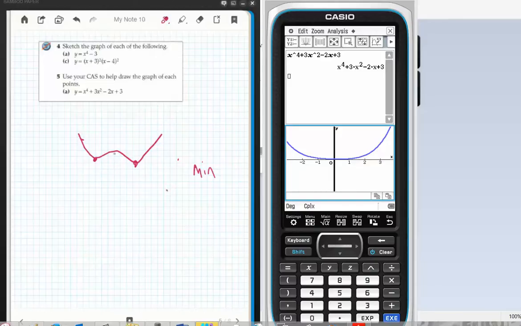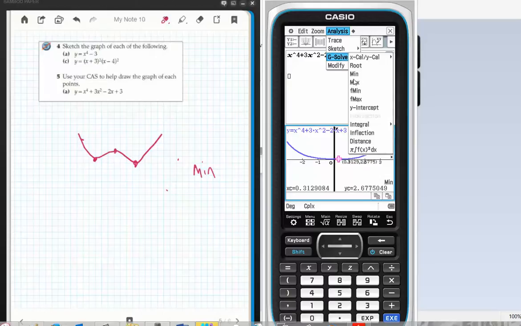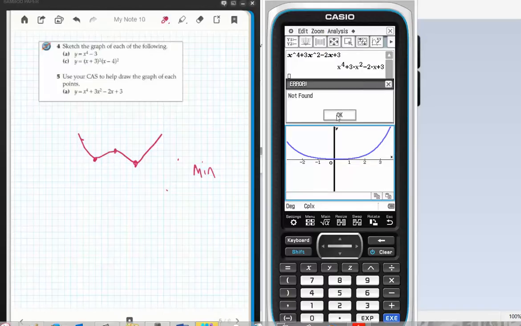And if it looks like that, then there'll be a maximum. So I might go analysis, G-solve minimum. And if I go to the left, there's no other, and to the right, there's no other. If I go analysis, G-solve maximum, there's none found. Okay, so I've got one minimum,